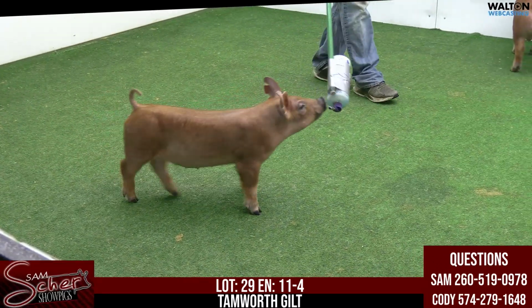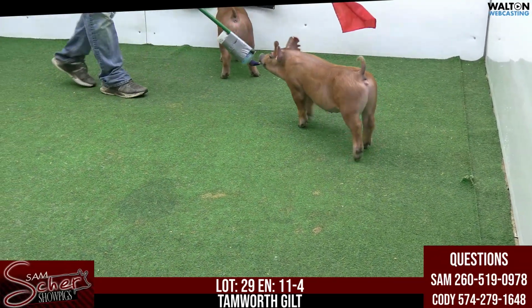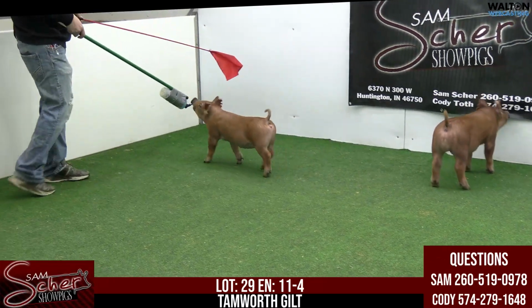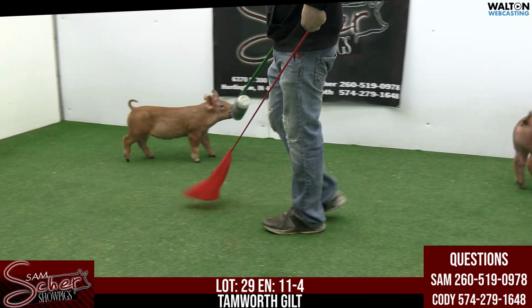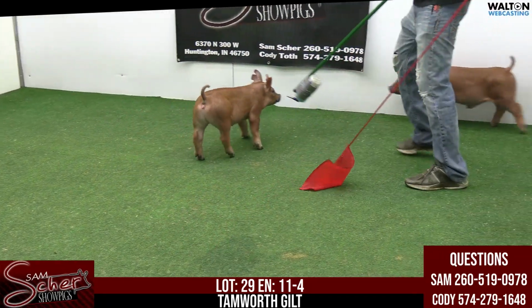Lot 29, 11-4, Tamworth gilt, that much better slingshot. This was my favorite one 2 weeks ago when I was here, and I thought she was a little skinny. And I still think she's a little skinny, and I'm not so sure she's still not my favorite one. Now, these guys may have their favorites, and I may be the wrong one because I don't do a whole